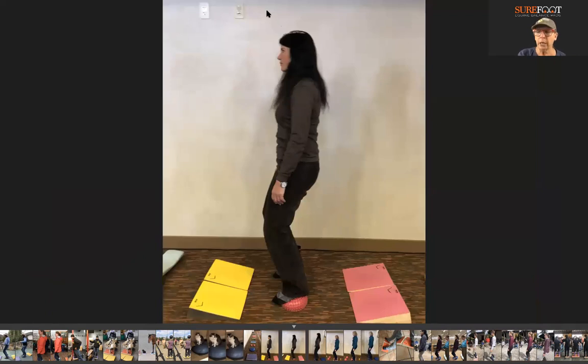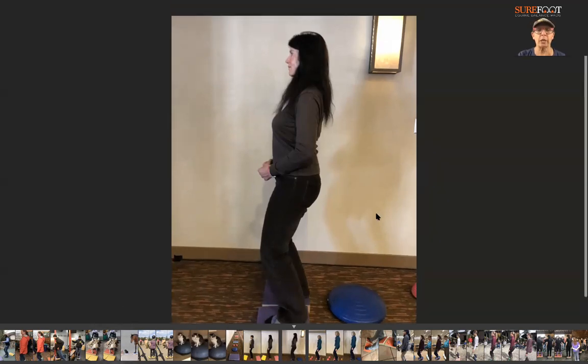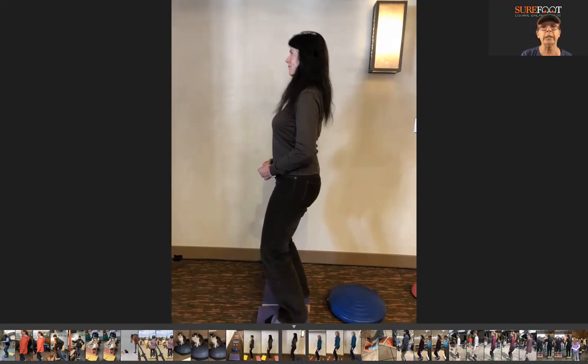Okay. So just do these two again. Here's the old place, in what she perceived as a correct position, and she's on a flat pad. She's not on a slant or anything, but you can see all this tension. And then in the new place,